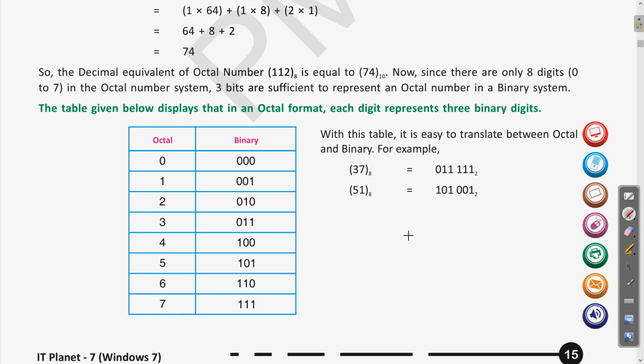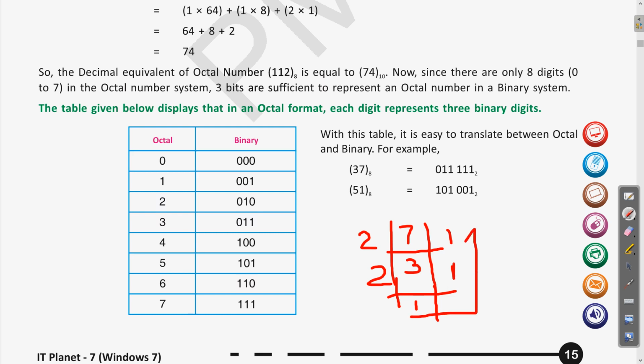So 7, if I take it as an example and want to convert it into binary, we will do successive division by 2. 7 divided by 2, what will be the quotient? 2 3s are 6, remainder 1. Then again 2 divides 3, 2 1s are 2, remainder is 1. So here you can see the down-up approach, 1 1 1. So here the same 111 is written. This way we can convert any octal or decimal number to binary by successive division of 2.